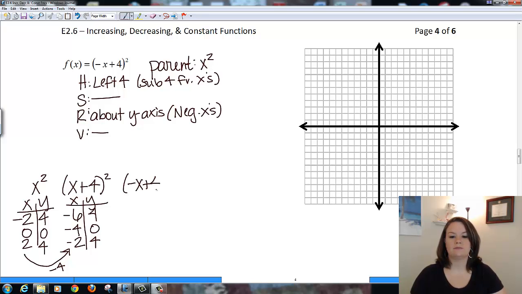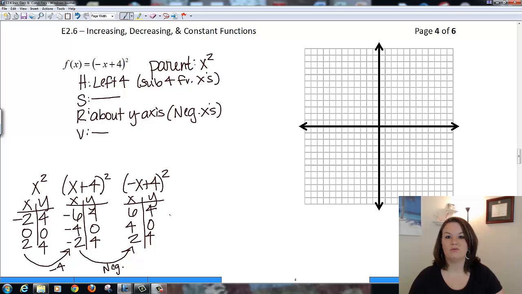Quantity negative x plus 4 squared. And to do that reflection, all I have to do is take my x's from the previous table and negate them. Okay, so now I have positive 6, positive 4, positive 2, and my y's stay the same at 4, 0, 4. So when I plot my points over at 6,